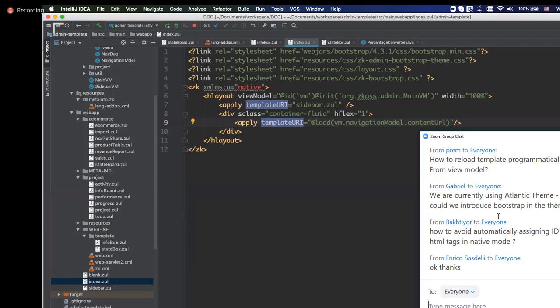And the second question: we are using Atlantic theme. How could we introduce Bootstrap in the theme? Okay. I think it's okay because Atlantic theme just controls the style, the font size, color. But I'm not sure what you mean by using Bootstrap, because Bootstrap has lots of things, but if you're just using the grid system to apply responsive design